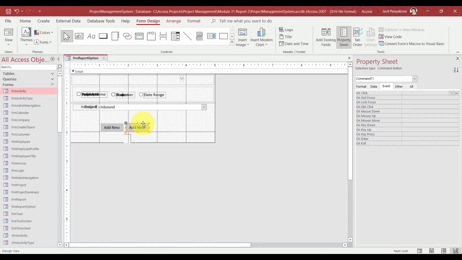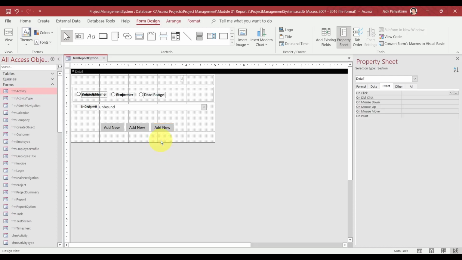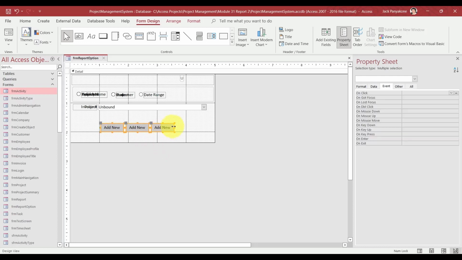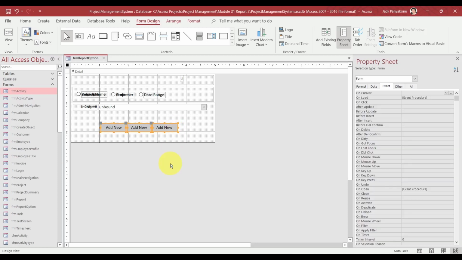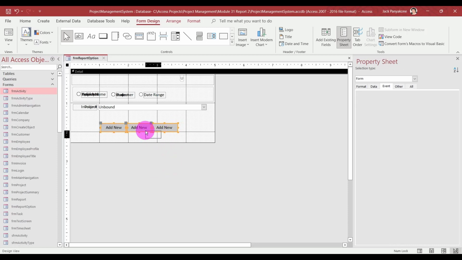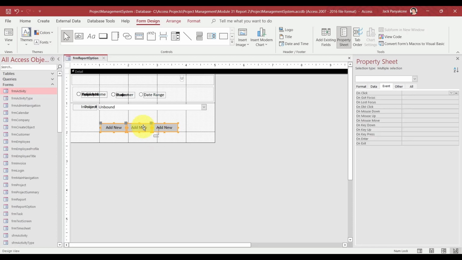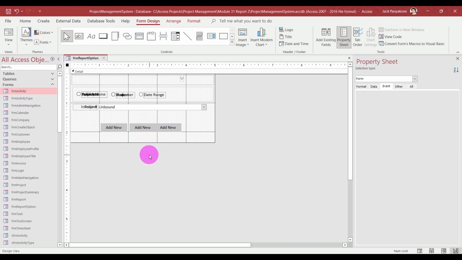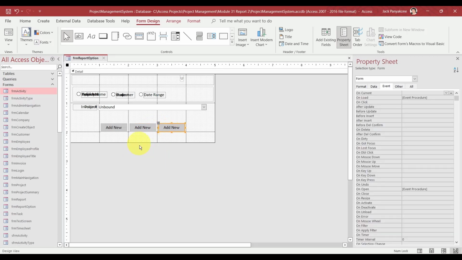Let's add another button. Now I'm thinking about it. Yep. So let's make this one just a tad wider. That looks good. All right,